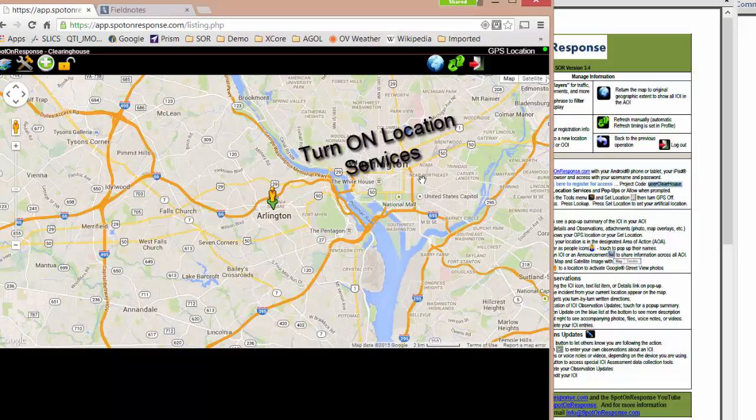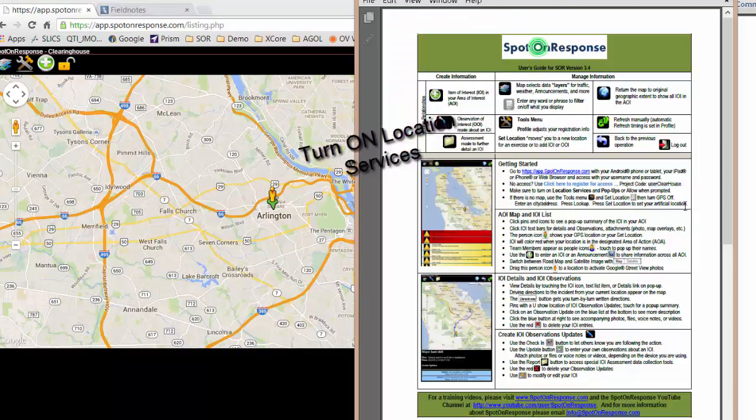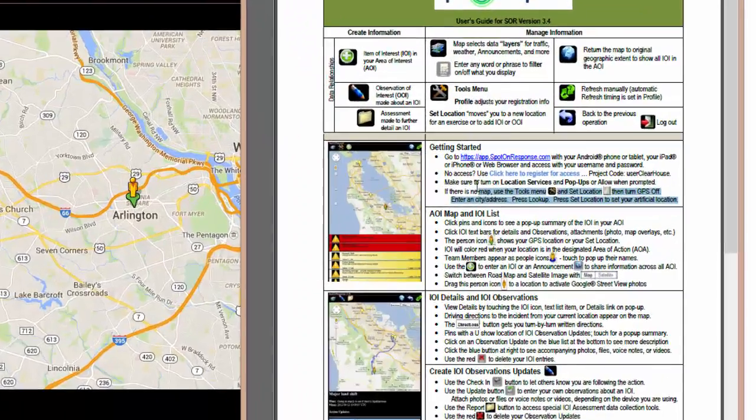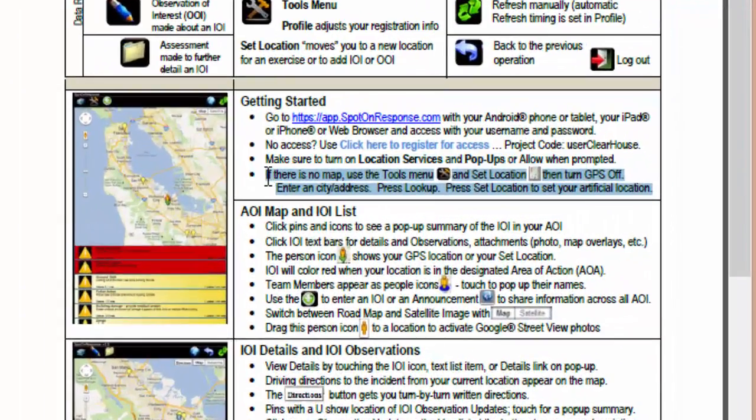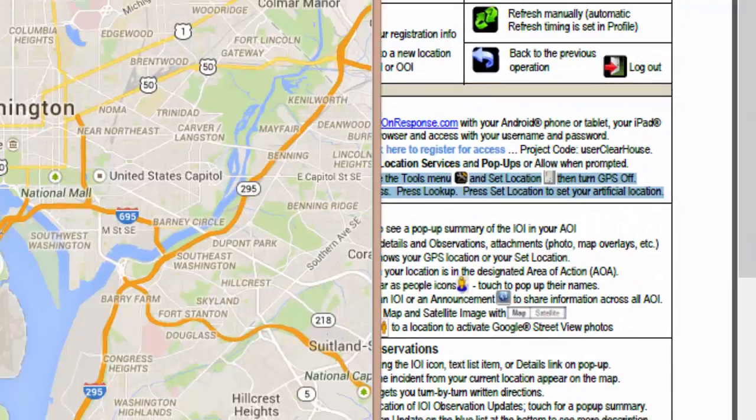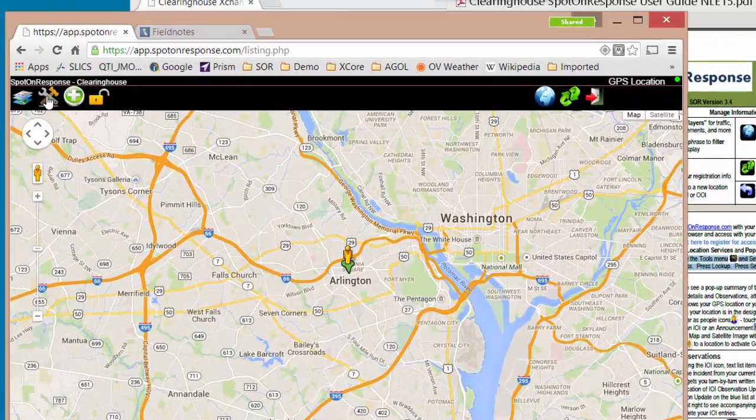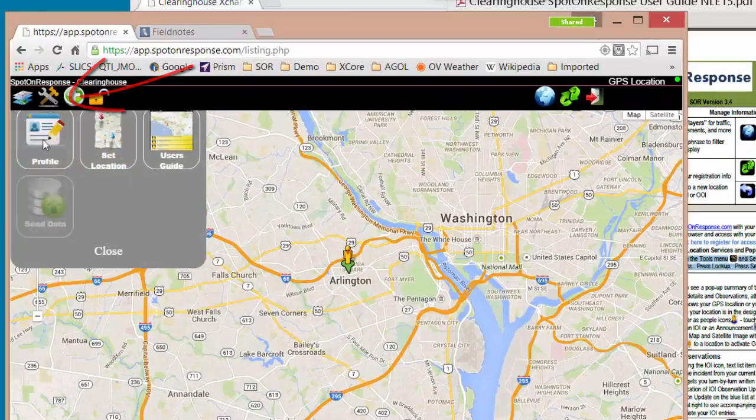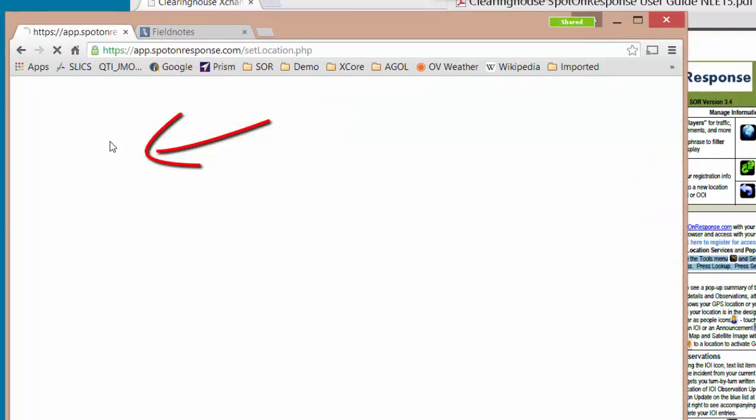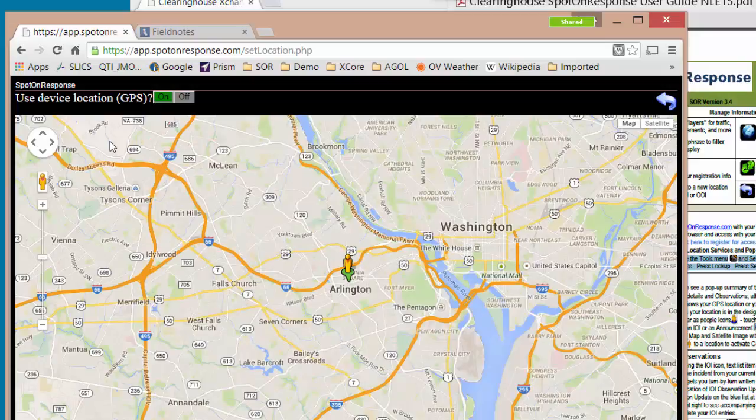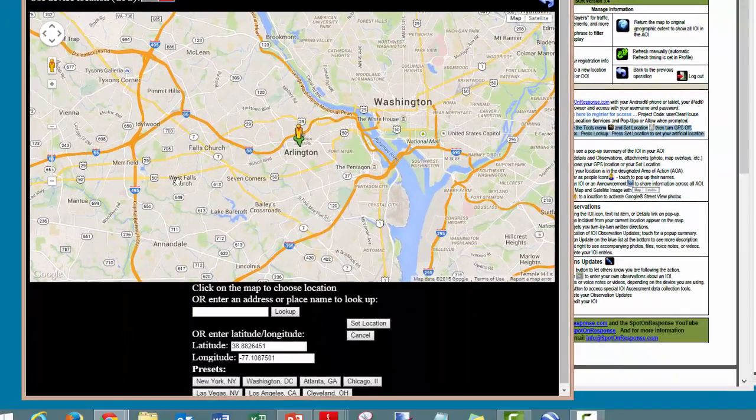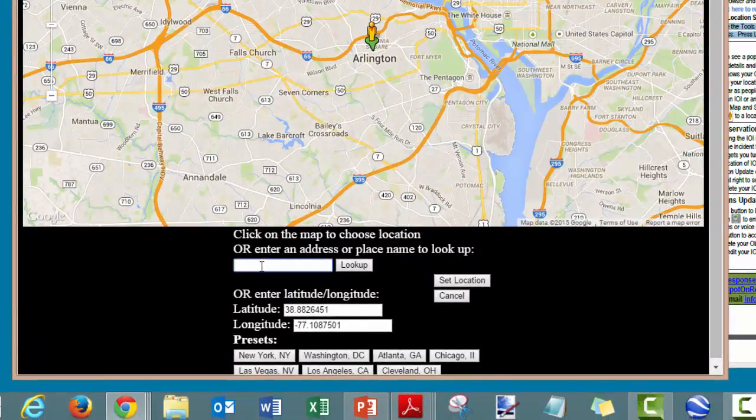What I want to do, and this is part of the instructions over here on the second part, is that your location services have to be on. And if you don't get a map or you are in a place that you don't want to be, you come up here to the little tools menu, click on that, click on set location. This now allows you to create an artificial location so I can play in the exercise in California. So if I want to be in San Francisco, California,